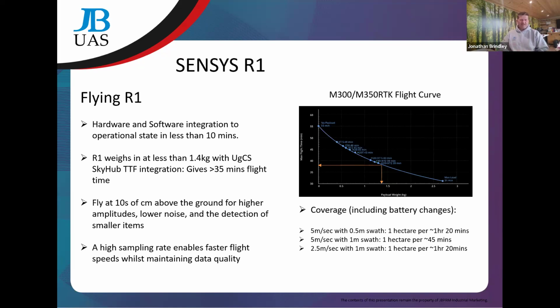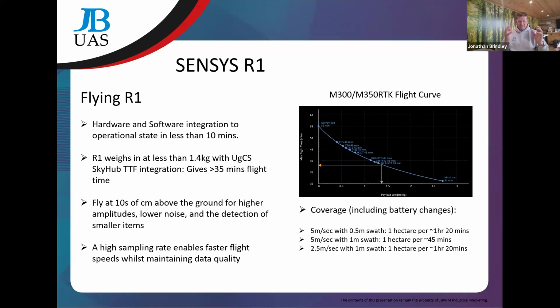So yeah, high sampling rate. It's just like the R3 and R4. It's still 250 hertz, so you can fly quickly, and you can maintain a high data quality. So just some examples here of what I've put together. Flying at 5 meters a second with a 0.5 meter swath, you're looking at about 1 hour 20 minutes, including battery changes, to do 1 hectare. I'll let you read the rest of them, but you can see that's not stupid time. We're still cracking on with time,